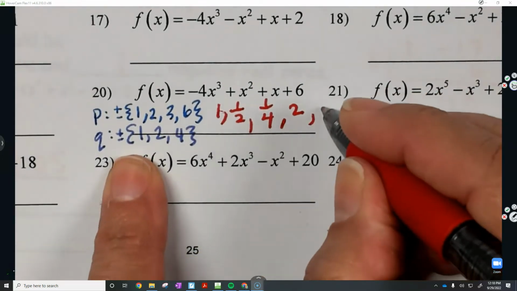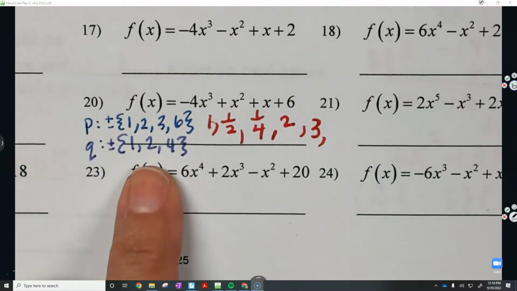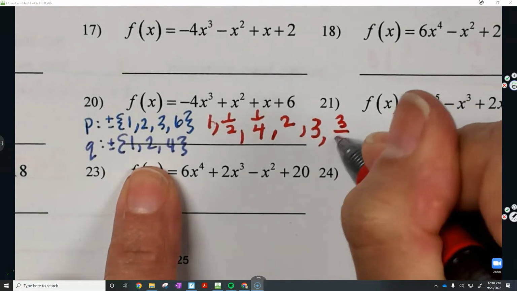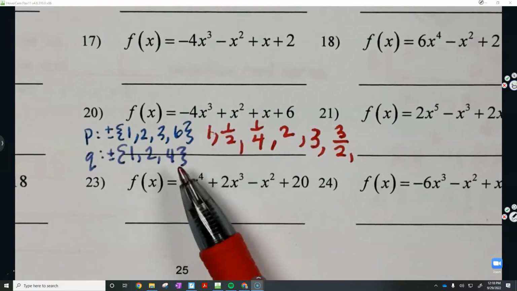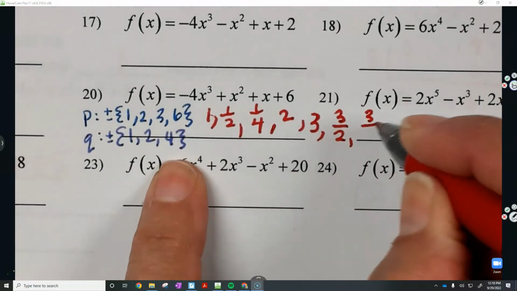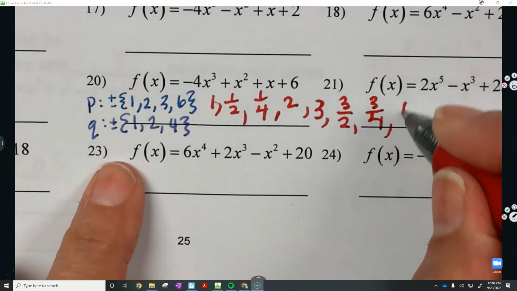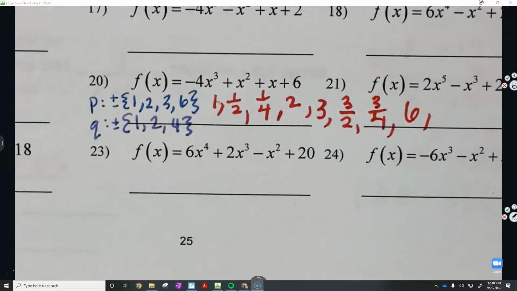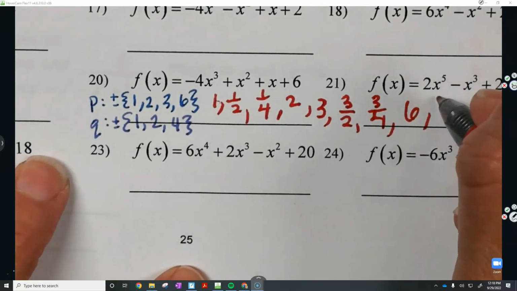3 divided by 1 is 3. 3 divided by 2 is 3/2. I'm already writing in the wrong answer blank for 21. 3 divided by 4 is 3/4. Now let's look at 6. 6 divided by 1 is 6. Y'all, what's 6 divided by 2? Are you going to write it again? No. What's 6 divided by 4? Do you already have that? That's it. So guys, that